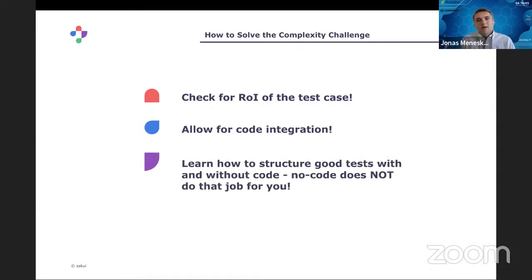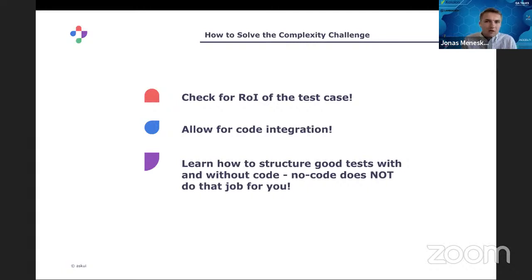And the last one is also coming back to the point of for whom no-code automations are built. It's always also technical persons. No-code automation doesn't solve the job of testing the application for you. You always have to have a good understanding of how good tests are structured, with and without code.